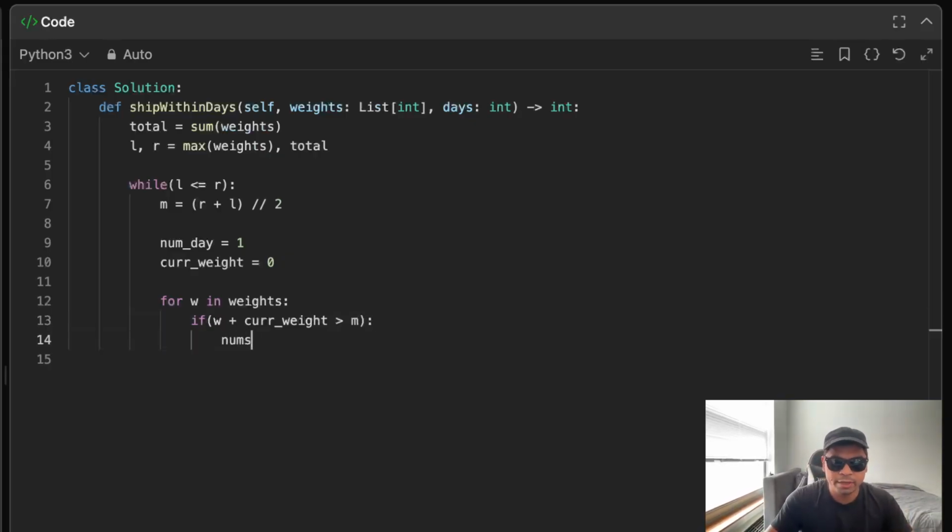So num days we will increment by 1. Okay, I have to increment it, and then because I am starting another day, that means I need to reassign this as 0. Otherwise I will keep adding this weight to my current weight. So current weight will keep becoming